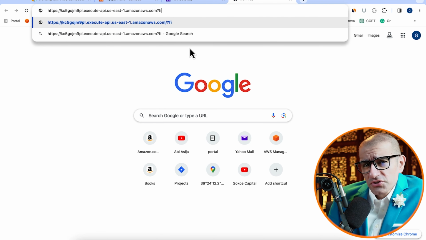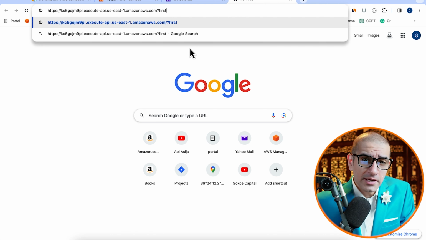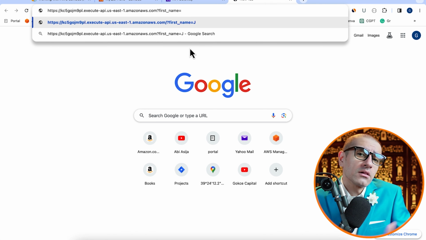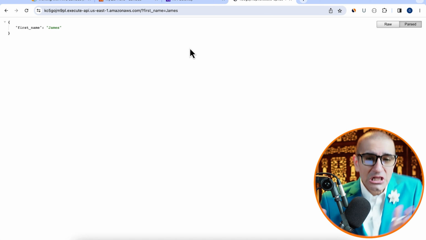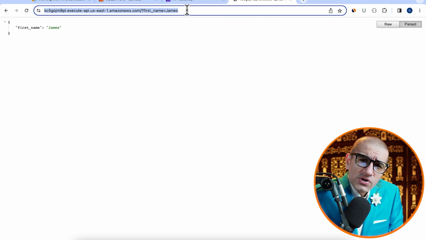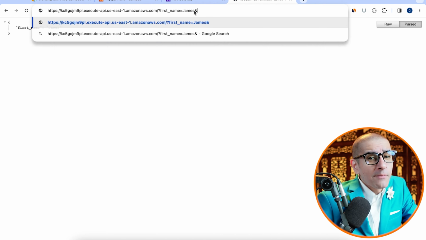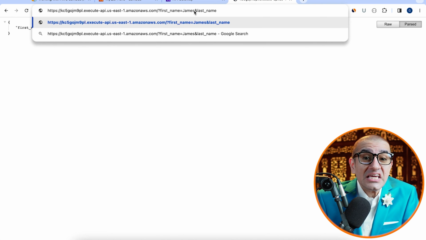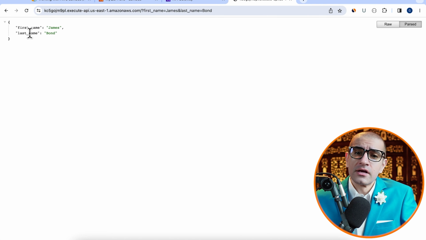Let's add a query string parameter called firstname at the end of the URL, then hit Return. Looks like our function is working as expected. Next, let's try to add one more parameter to the URL and see if that also gets printed in the